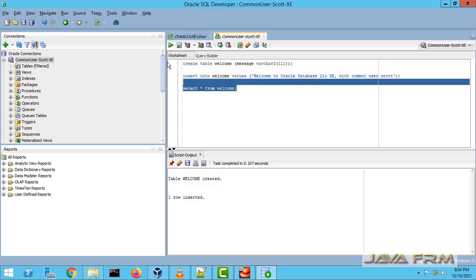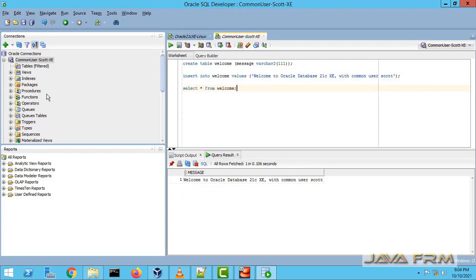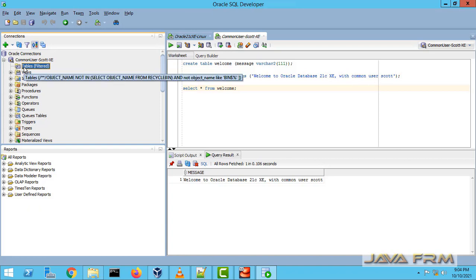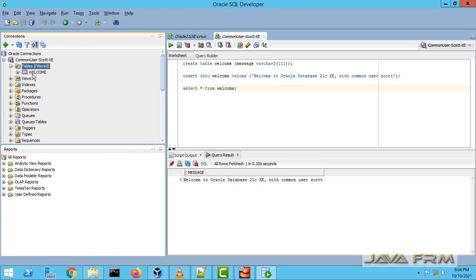Yes, so I can create the table, insert one record and select from the table. These tables are stored in XE, that is the XE container database of Oracle Database 21c Express Edition. So you can see the table got created. Common user creation is successful in Oracle Database 21c.